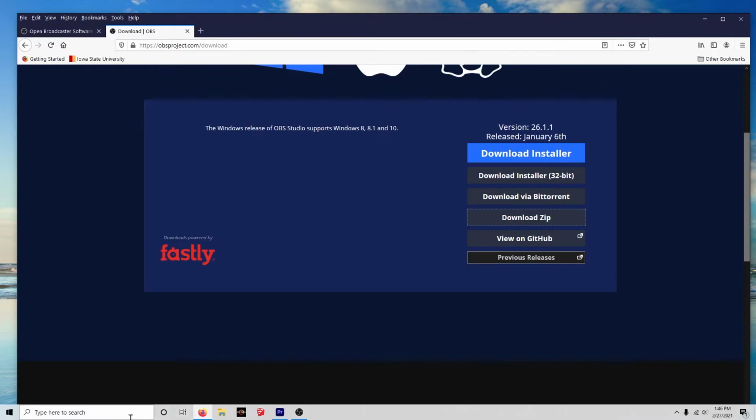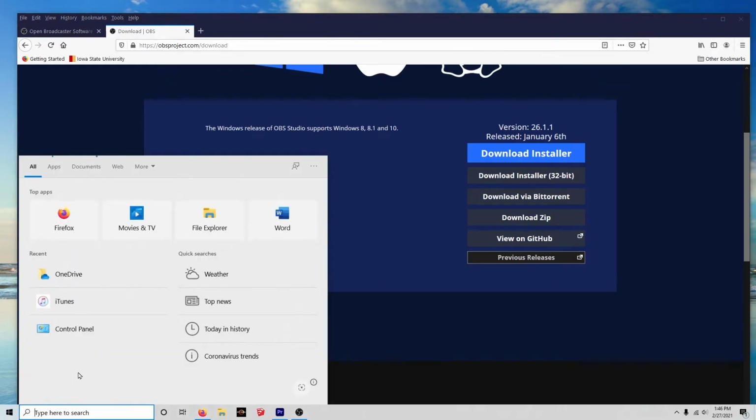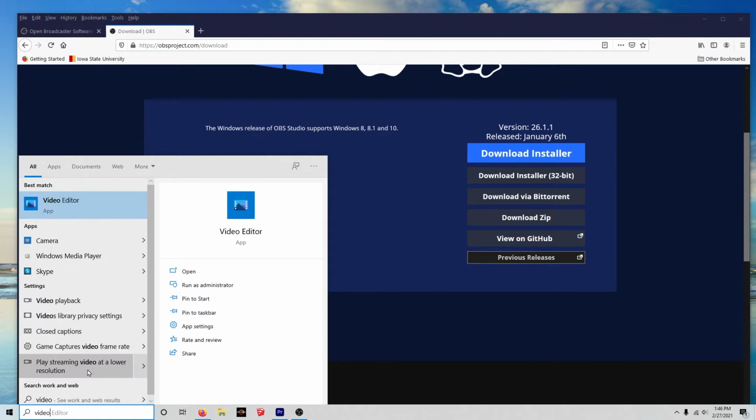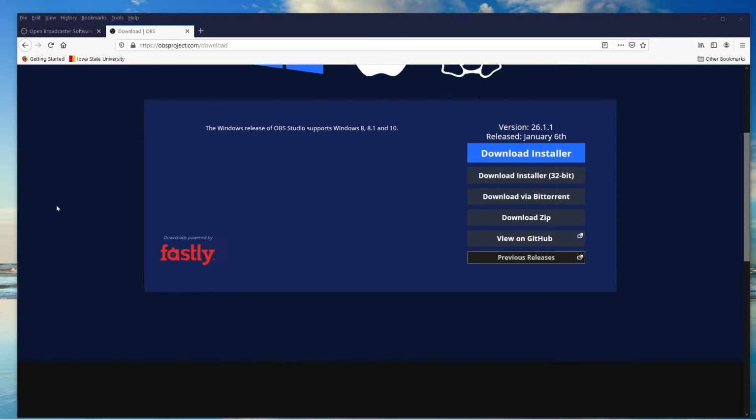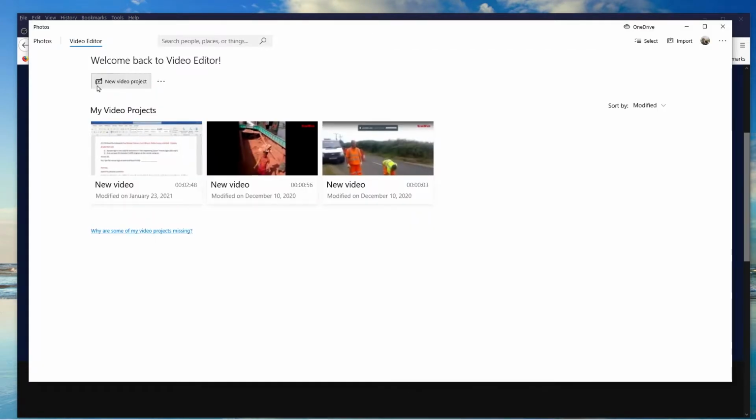The video editor, if you go down to the corner and you type in Video Editor, it'll come up. Win 10 has a video editor. What you need this for is if you make a long video and you did a crappy intro and you want to cut some of it out, this little video editor will really work for you. You can just cut the piece out. You can even put text on top of everything, and then you can save it out.